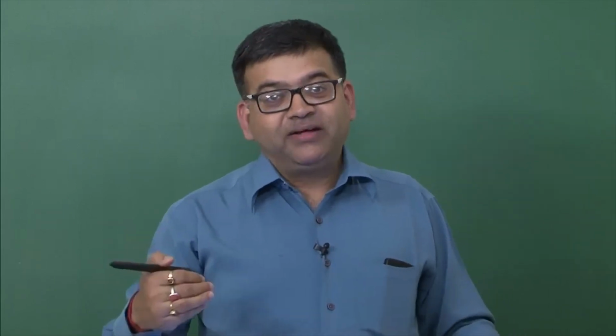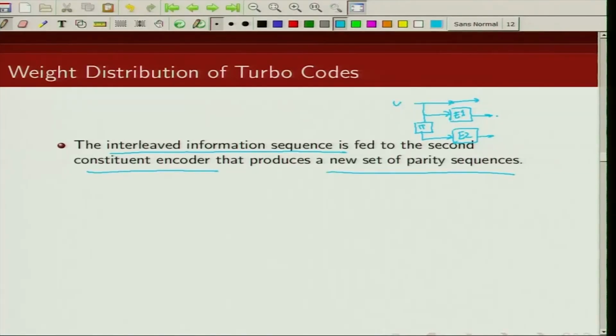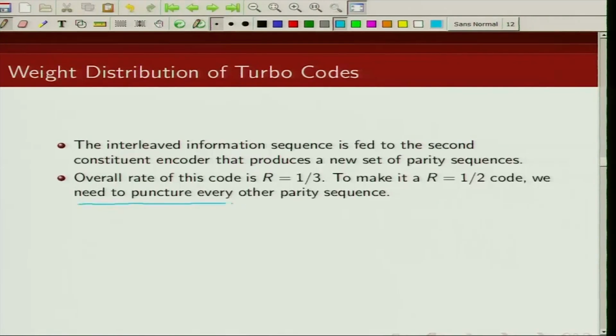We are going to send alternately parity bits from the output of the first encoder or the output of the second encoder. For example, let's call these V0, V1 and V2. At a particular time instance we will transmit V0 and V1, and would not transmit this parity bit. In the second instance we will transmit this information sequence, we would not send this parity bit, but we will send the parity bit from this encoder. So we need to puncture every other parity bit in each of these streams to make it a rate 1/2,